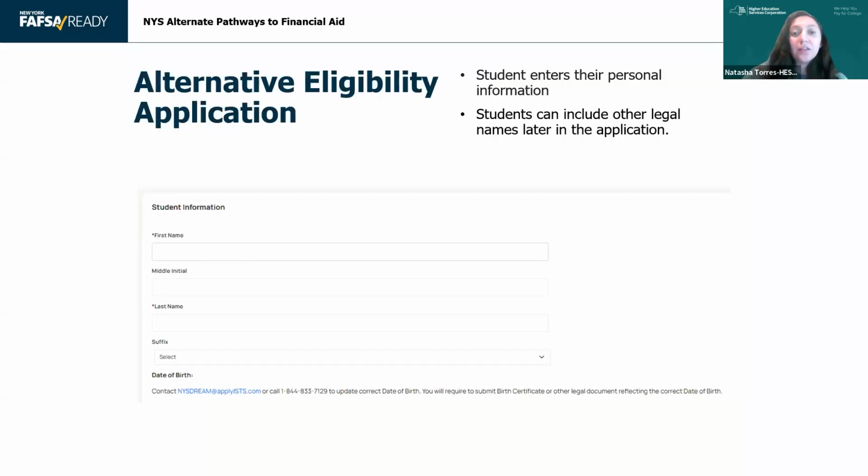Okay, so yes, very similar to the DREAM Act. That was page 1. Now we're on page 2. This is our alternate eligibility application. So pretty basic here. Students enter the personal information, enter their first name, last name, suffix, and this is going